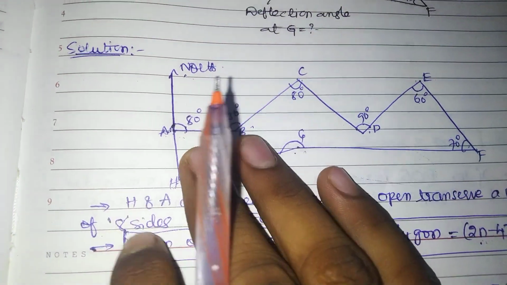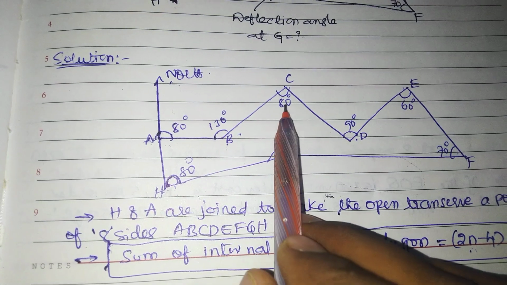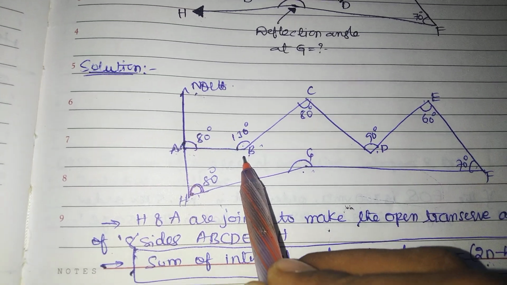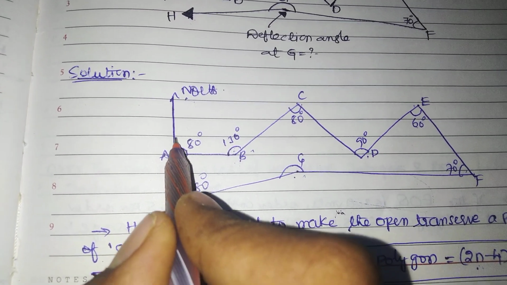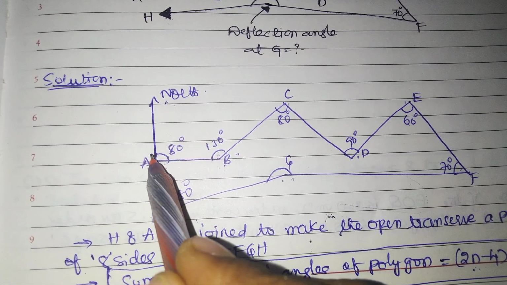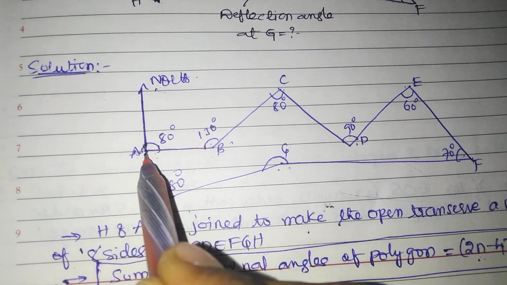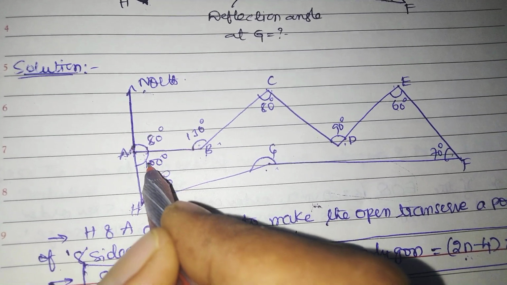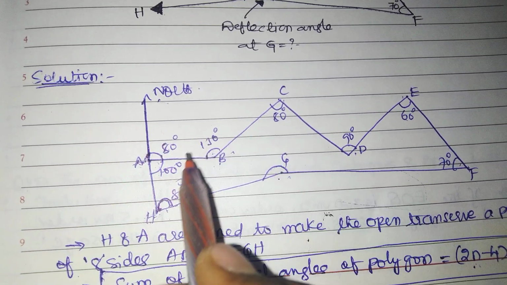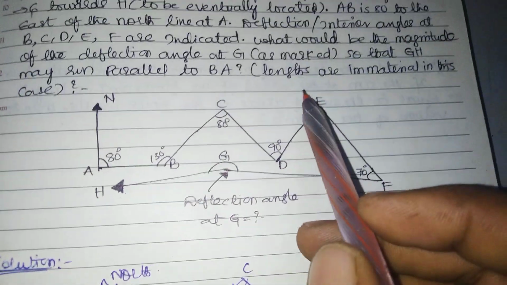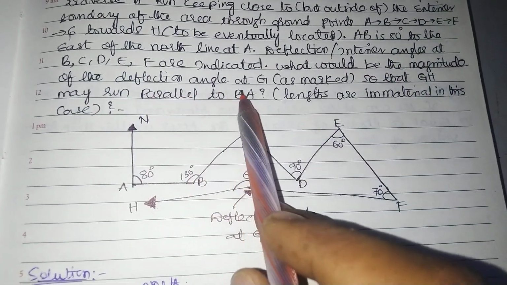We only consider internal angles. This is external, but we consider internal. For the external we don't need it, but for internal we have to calculate. This is a right angle side, however it contains the polygon on this side only. So we make 100 degrees. We need all internal, right? This side is 180 degrees, this side 180 degrees, total 360 degrees. But I already mentioned only 80 degrees. So again, we consider only 100 degrees, because the question mentions deflection or internal angles at ABCD are indicated. For that only we have to calculate. Then only the formula is satisfied.